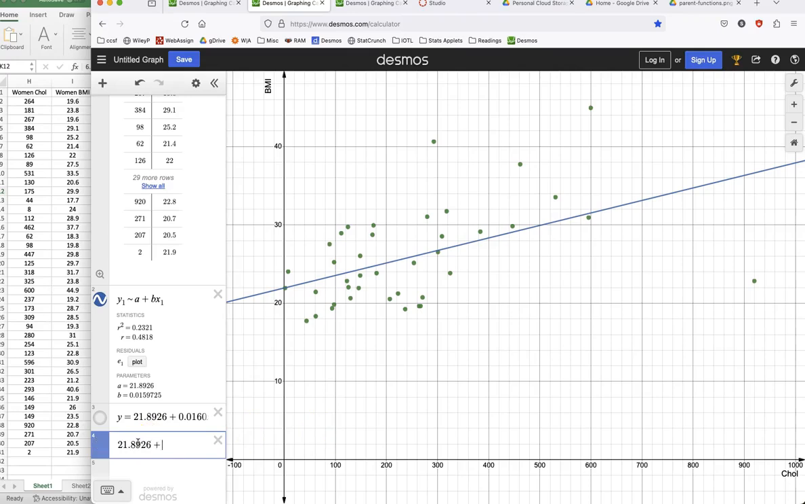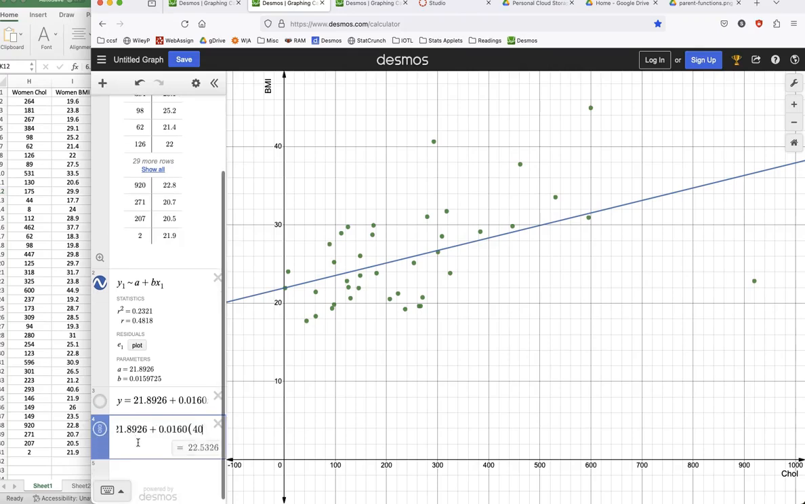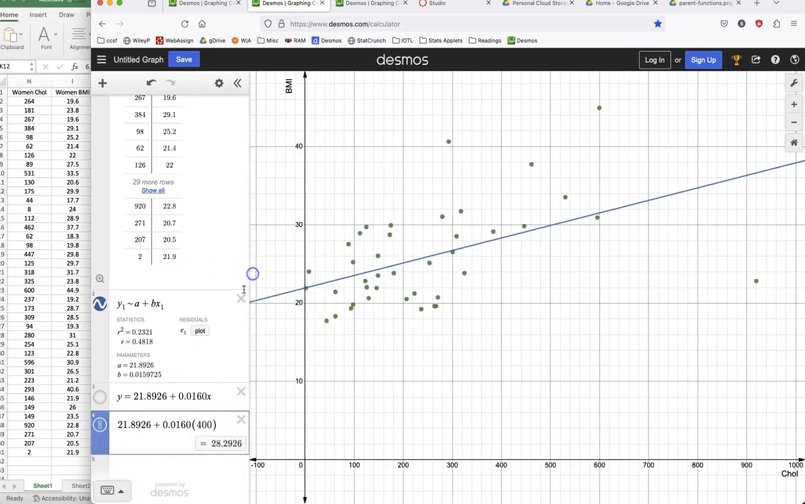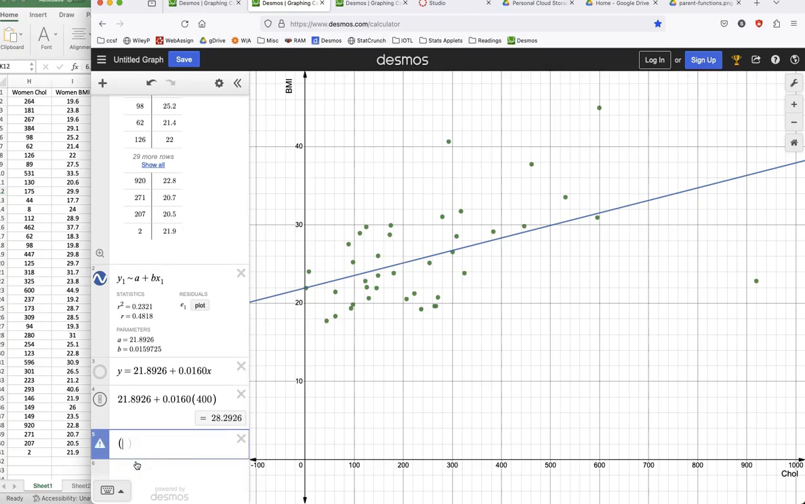21.8926 plus 0.0160 times 400, where x represents the cholesterol level and y represents the BMI. For a woman with 400 cholesterol level, their corresponding BMI is 28.2926. If we were to grab this point, which is not in the original data set, open the parentheses, 400